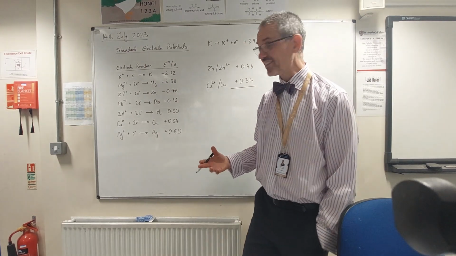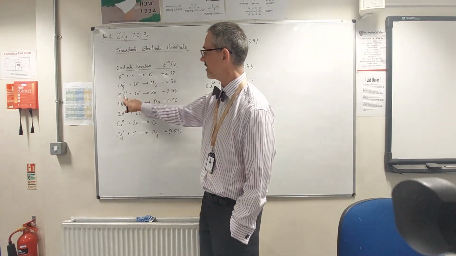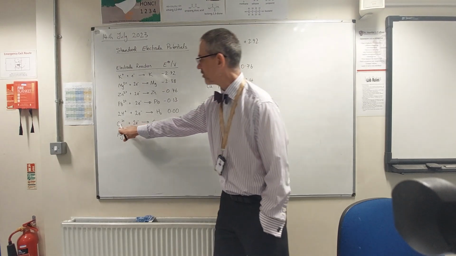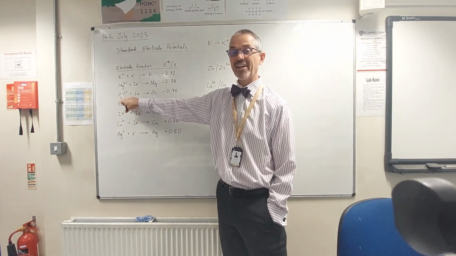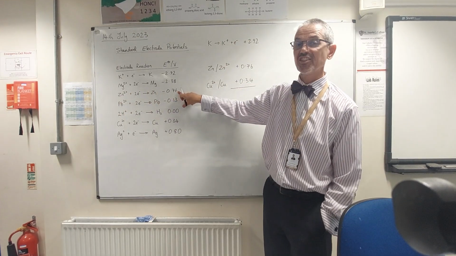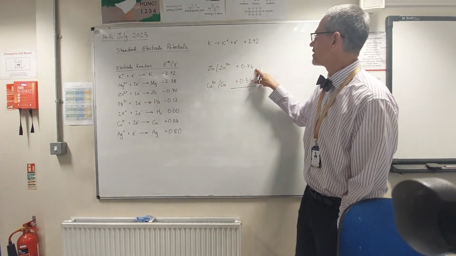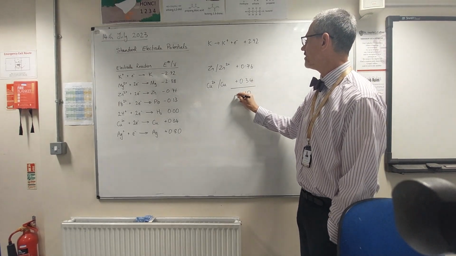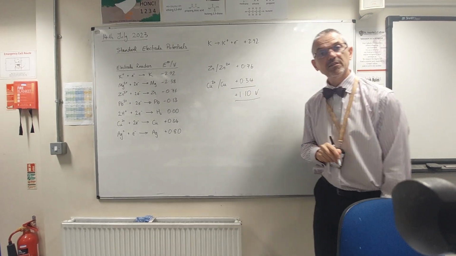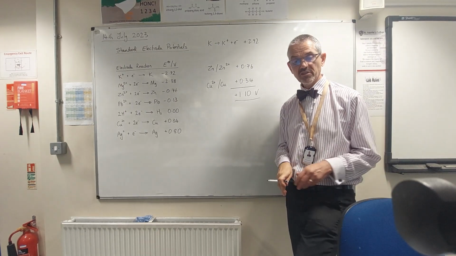The only way the reaction is going to be possible is if zinc reacts to form zinc 2+ and then copper 2+ reacts to form copper. Because I've changed the direction of that reaction, I changed the sign of the E0 value, so it becomes plus 0.76. And when I add those together, we get an overall cell